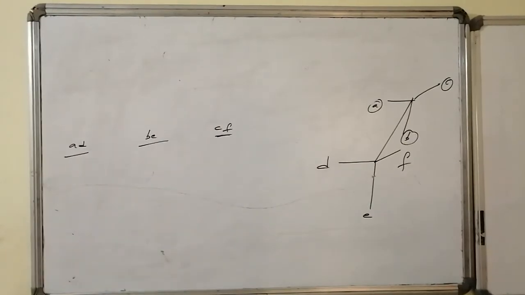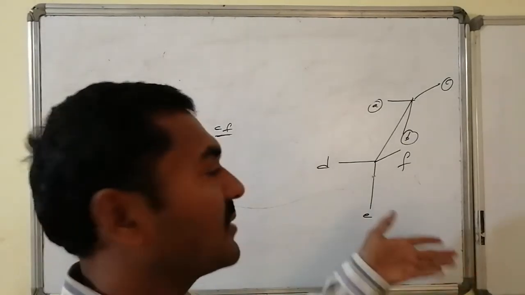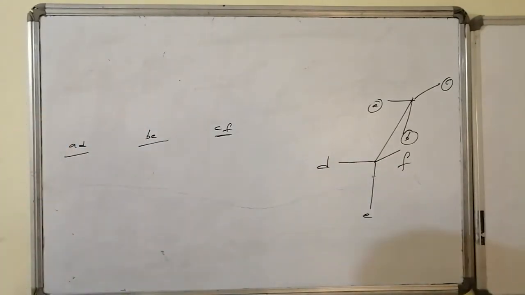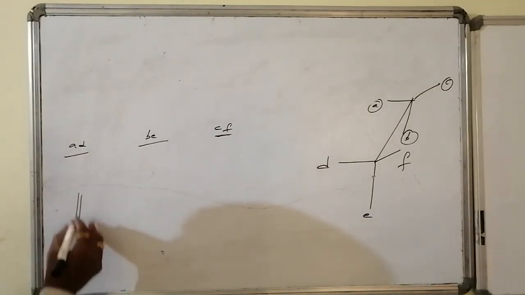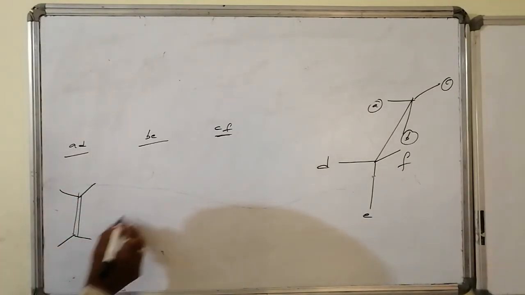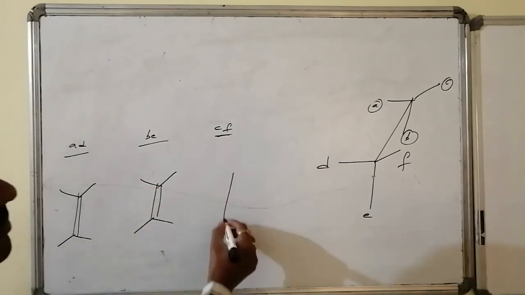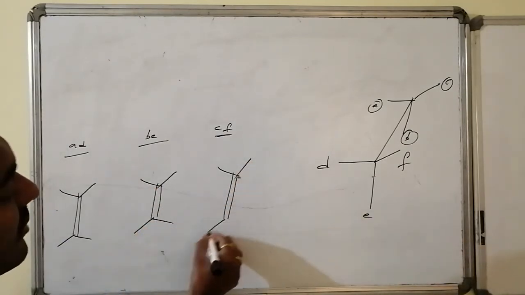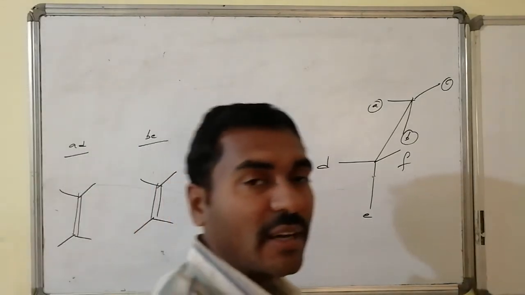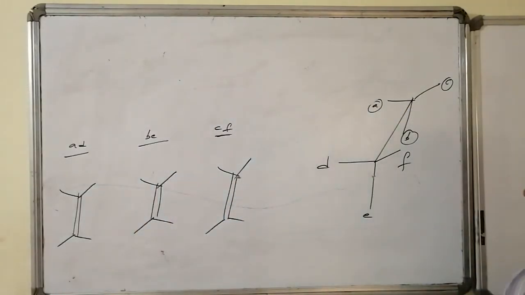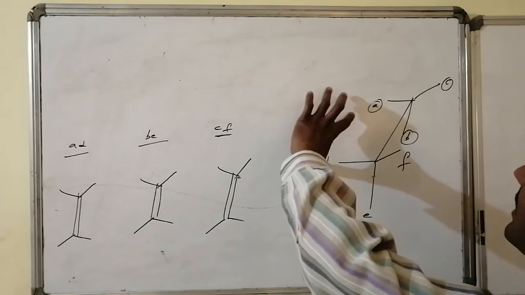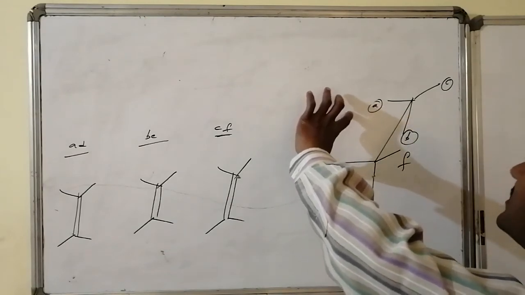If I go for the immediate Sahars, that is the eclipsed form of Sahars, followed by syn elimination, then between carbon 1 and carbon 2, if A and D are eliminated, the remaining carbon 1 and carbon 2 have a double bond between them. If B is eliminated, a double bond is present between them. If C and F are eliminated, between carbon 1 and carbon 2 a double bond is present. Yes, here we expect that A and D are eliminated because they have dihedral angle 0.